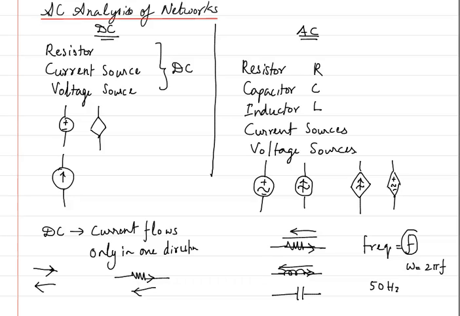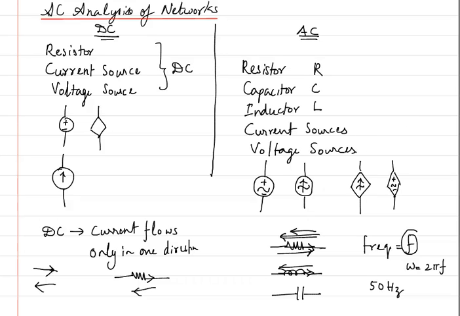If your frequency is 50 Hertz, it means that this switching of direction of current is taking place 50 times per second. So within 1 second, you will have current flowing in this direction and back in the other direction, 50 times it will switch. So that is basically what is happening in an AC circuit. Your circuit will also look different than DC because now it will have capacitors and inductors. As soon as you see a circuit with a capacitor or inductor, you can very well say that circuit is an AC circuit.